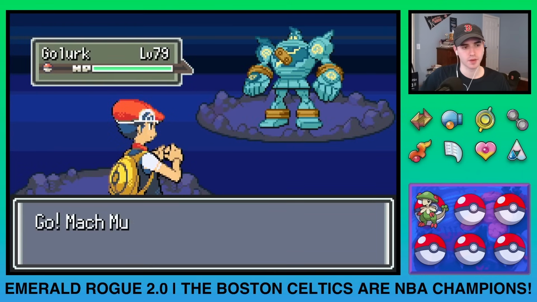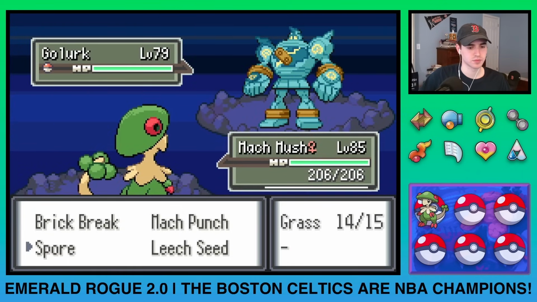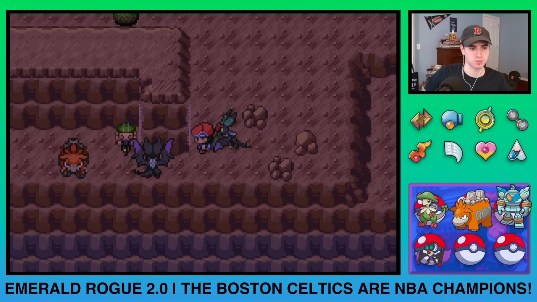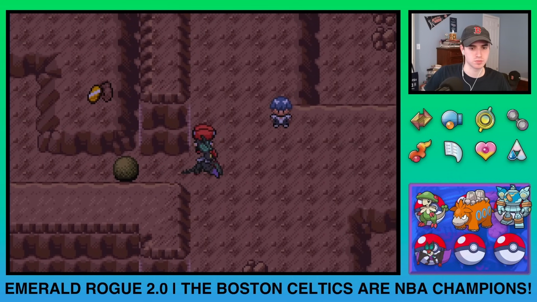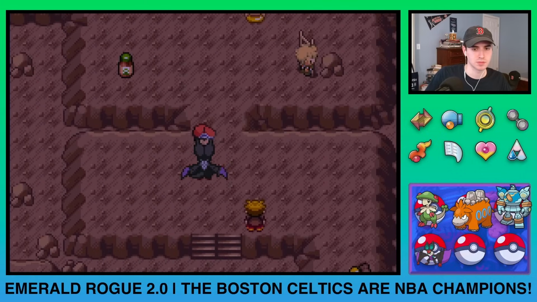Noivern, Camerupt, and Golurk are great pickups, and each has a good matchup against at least one of the Sinnoh Elite Four members. There are a lot of trainers in this cave, however, so I have to play extremely cautiously and basically burn all of my healing items to have my team ready to go for each fight. Eventually, I make it to the end, but...